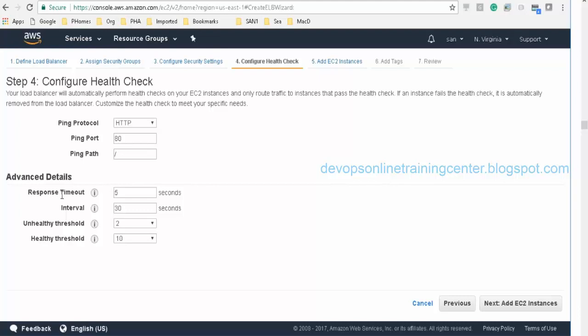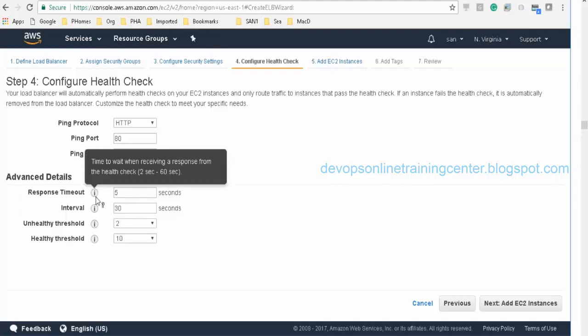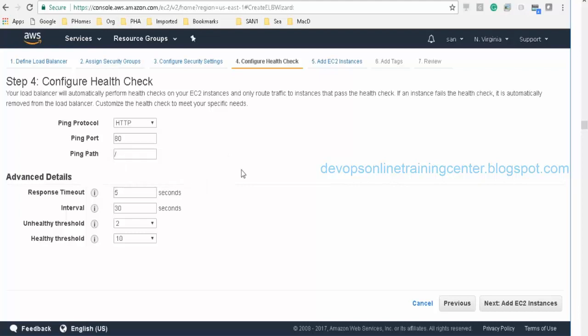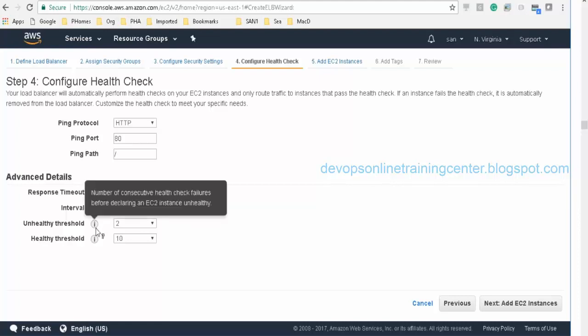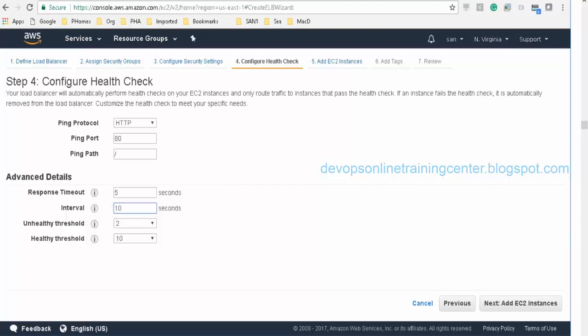The response timeout is the time to wait, so basically it will send a request and wait for 5 seconds, and after getting the acknowledgement it will wait for 30 seconds before sending another request. So let us reduce this to 10 seconds. Before declaring an instance down, it checks 2 times. This is the number of consecutive checks which it does before declaring the instance unhealthy.